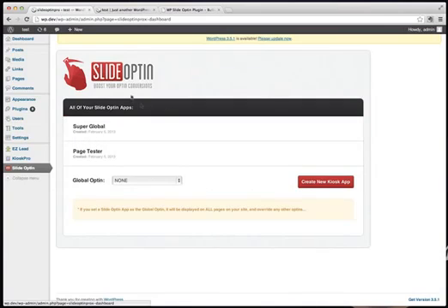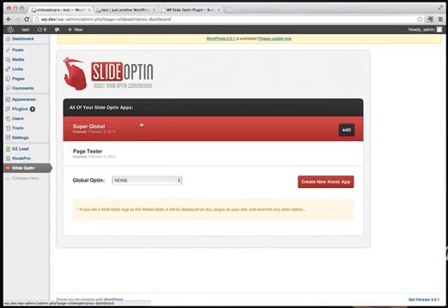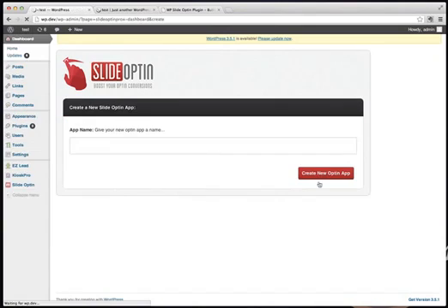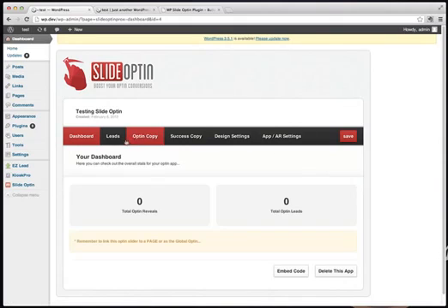So here is the plugin itself. It's a WordPress plugin. You easily install it any way you would any other plugin. You install it, then from here you can create new slide opt-ins. So basically, I'll create a new one, just a test. So testing slide opt-in. And then from here, you have a really nice dashboard that you can manage your leads that you get from the opt-in, your copy